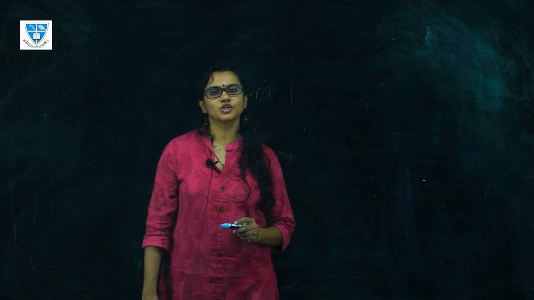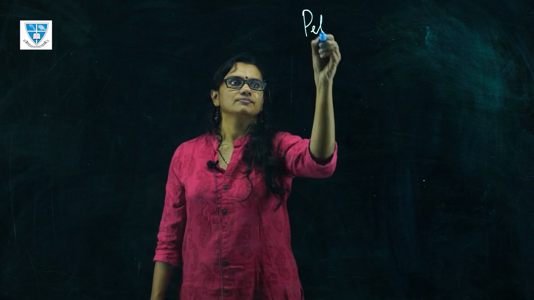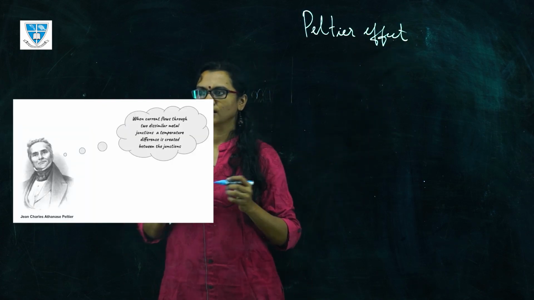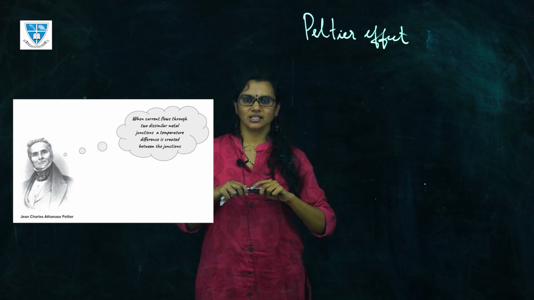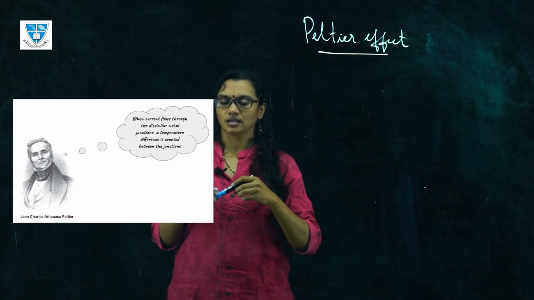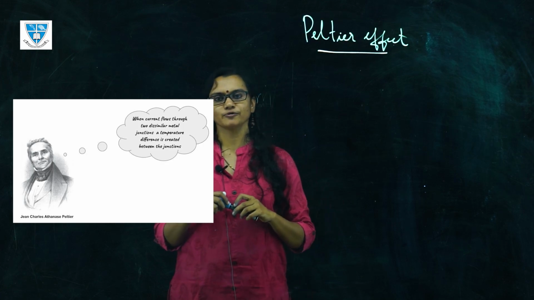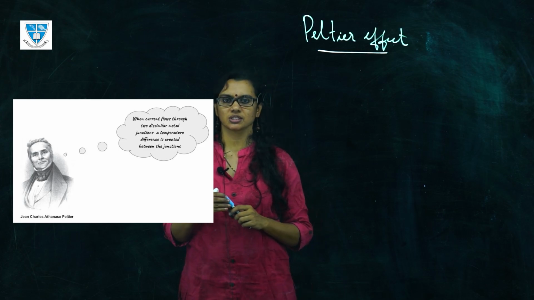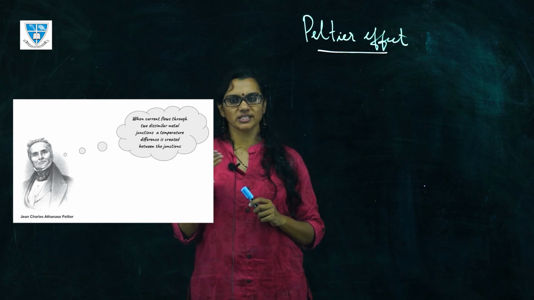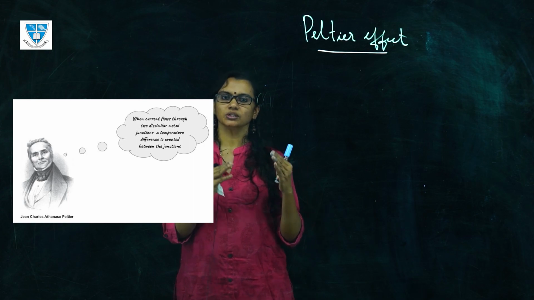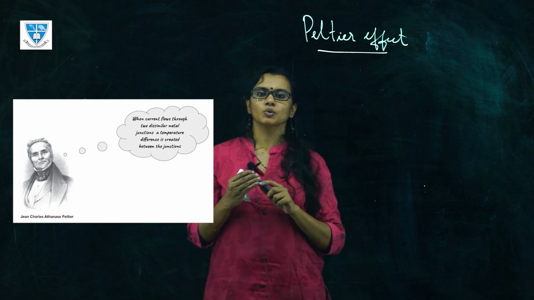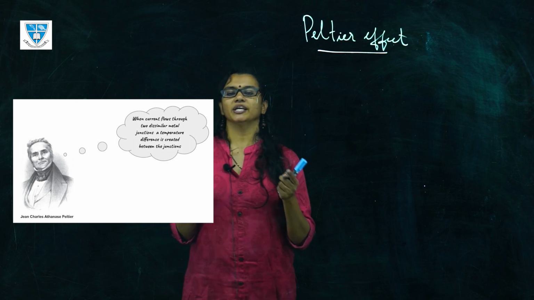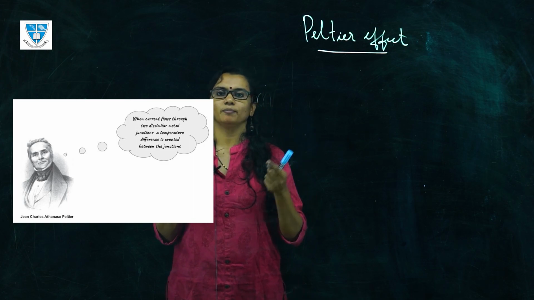The next effect which we are going to discuss is the Peltier effect. It was discovered by Peltier, after the Seebeck effect. On studying the Seebeck effect, Peltier, who was a watch repairer, investigated whether the reverse could be true. That is, if you give a temperature gradient to two junctions and an EMF is produced, then why not supply an EMF, and see what happens to these junctions?